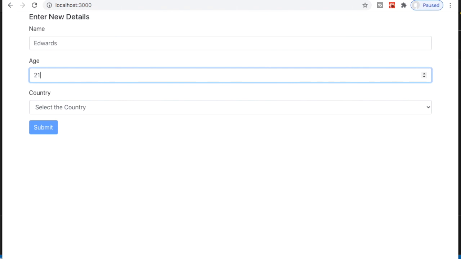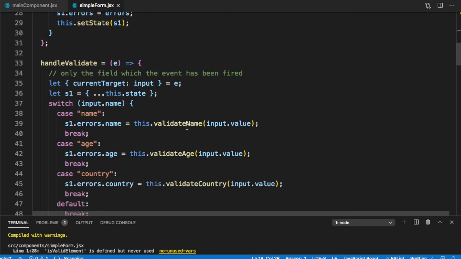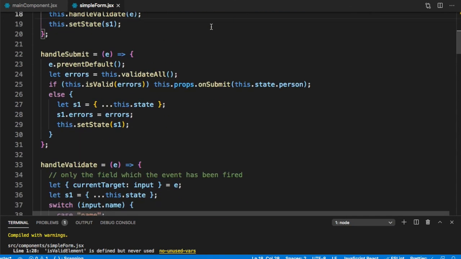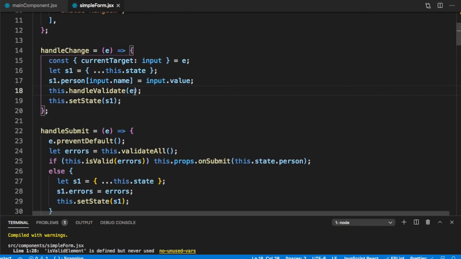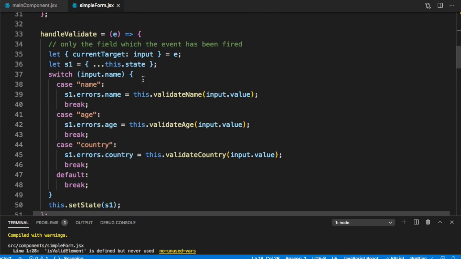The reason for using the input in our handle validate is that in such a scenario, the state would not have the valid field because setState has still not happened. So we are taking the values from the input, which is why we are taking input.value. So this is the standard way of handling form validations and displaying error messages.